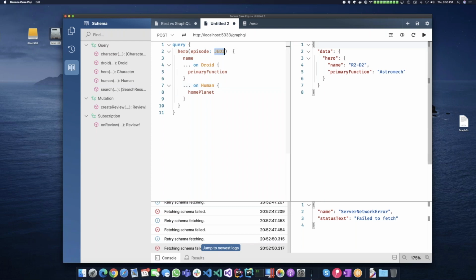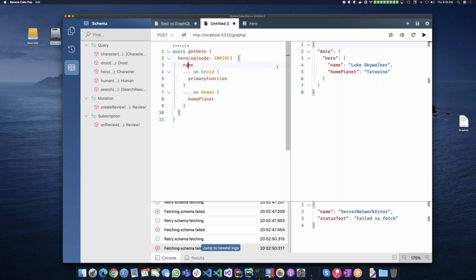And if I go to different episodes, for instance, Empire Strikes Back, I now get Luke Skywalker. And GraphQL actually can do much more. There are proper fragment definitions where you can build reusable components, but I won't get into that in this talk. Okay, that's basically a nice query that I could write. Let's call it get hero,